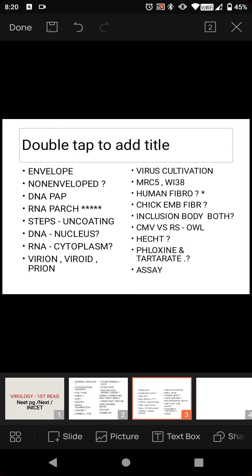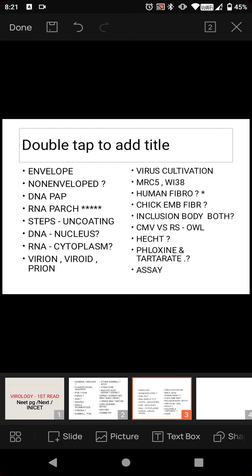PAP for parvovirus, adenovirus, papovavirus, and PARCH for picorna, astro, reo, calci, and complex steps of viral replication: adsorption, attachment, most specific, penetration, phagocytosis, membrane fusion, injection, uncoating, lysosome lysed step is absent for bacteriophages, biosynthesis, new virions, site of nucleic acid replication. DNA is the nucleus, RNA is the cytoplasm; exception is pox for DNA, and for RNA the exceptions are retro and orthomyxoviruses. Then packaging,